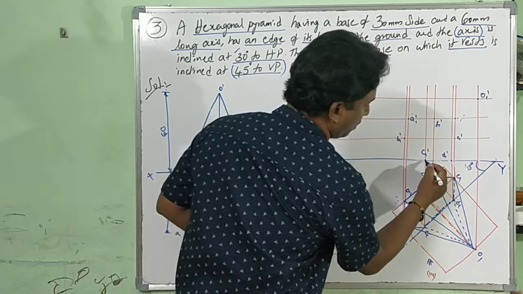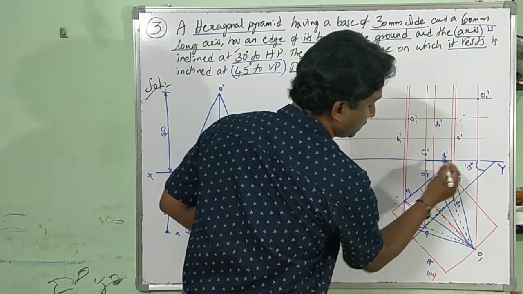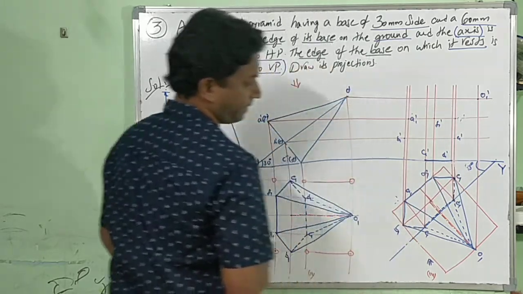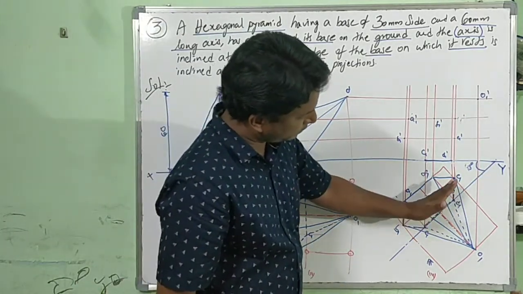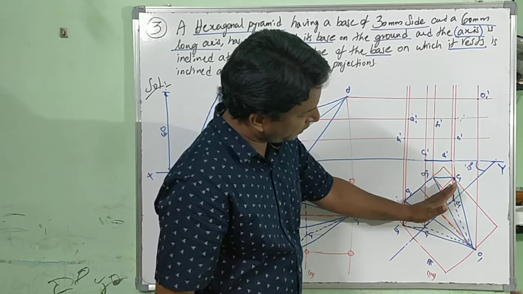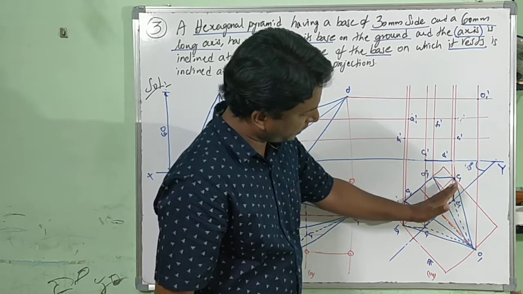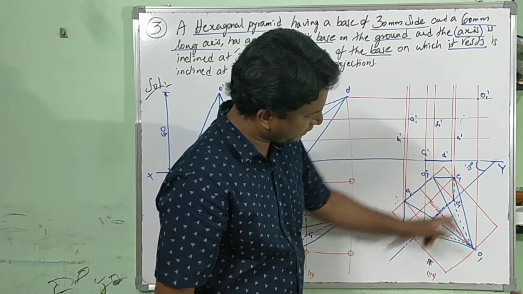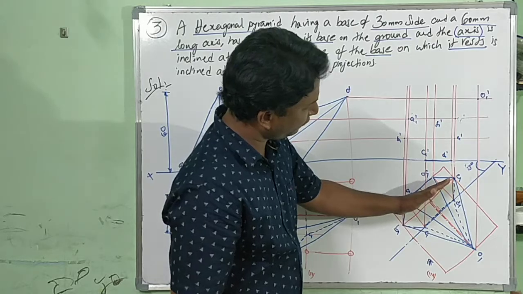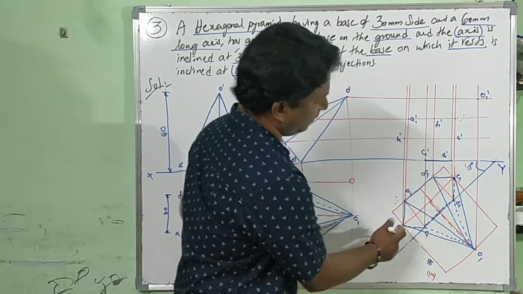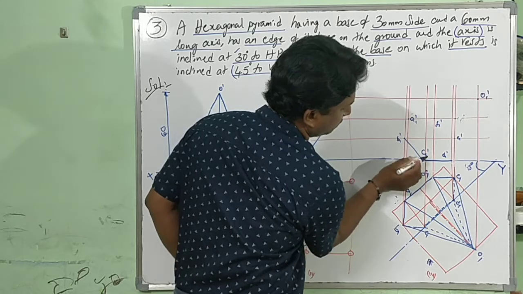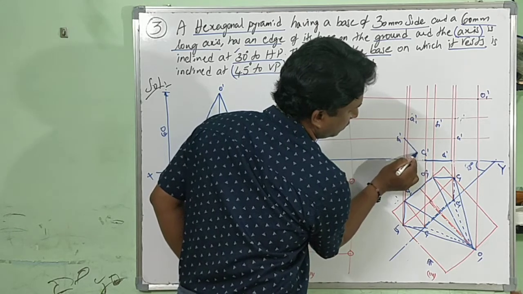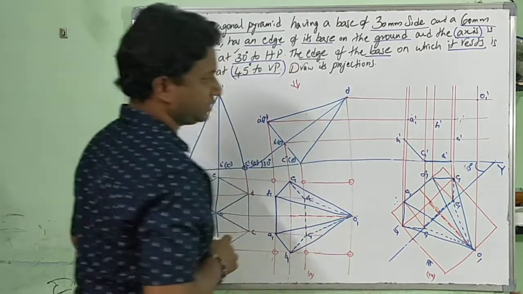So initially I can draw C1 dash D1 dash thick. This with respect to half of the base, right? Half of the base, with respect to half of the base, when you can see C1 D1. Now with respect to half of the base again, C1 B1, C1 dash B1 dash.